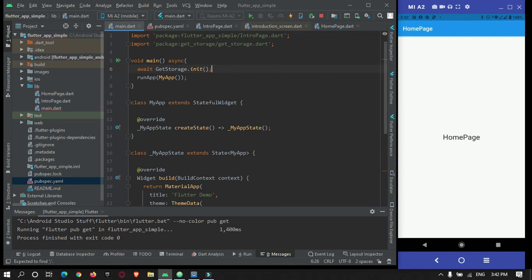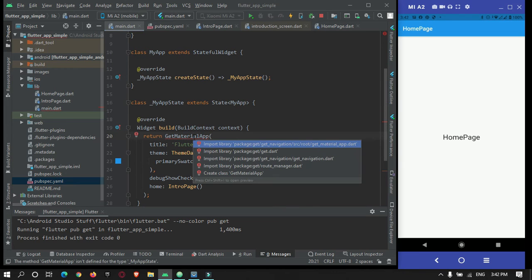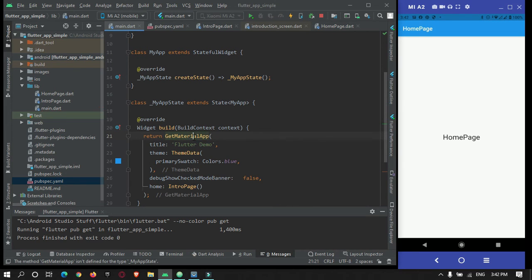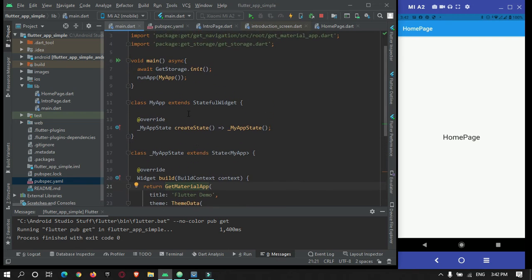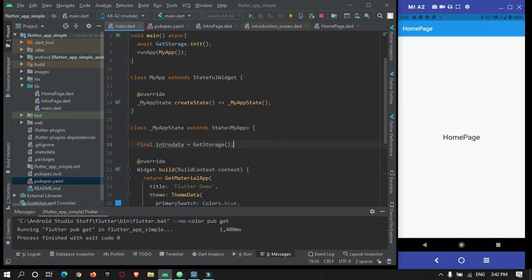Okay, so now you can make use of GetX properties, and here instead of using MaterialApp, change it to GetMaterialApp and just import the package. Okay, so here same thing, you need to create an instance object of GetStorage.